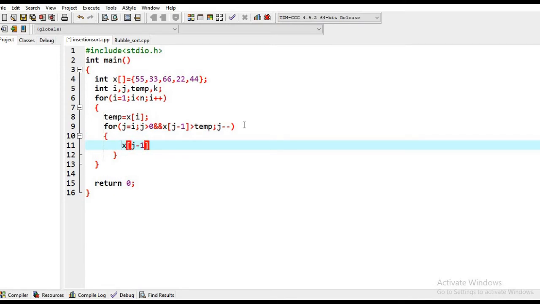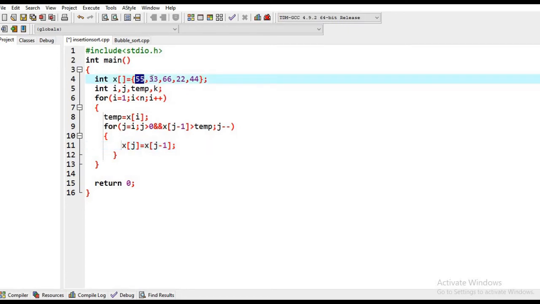towards the right side, like this. Here, if j is greater than 0 and x[j-1], meaning this element, if j is at this location, then we compare x[j-1], 55.